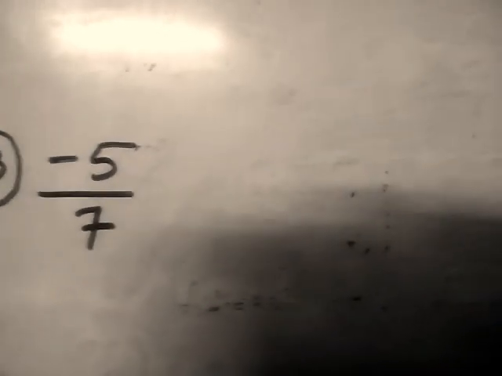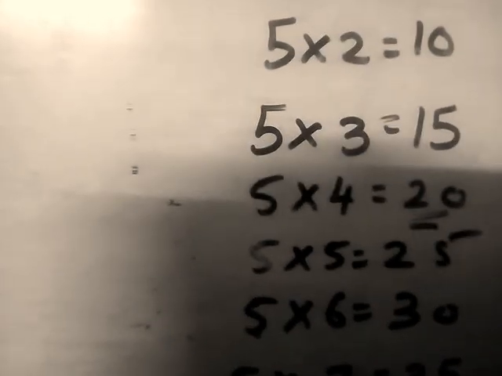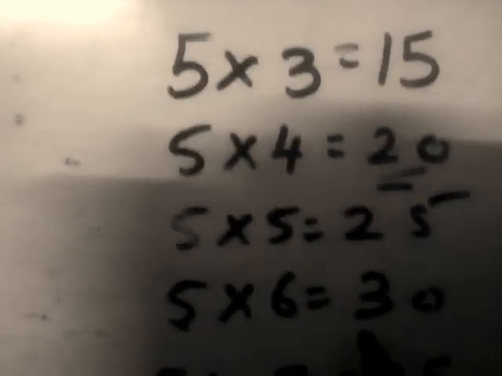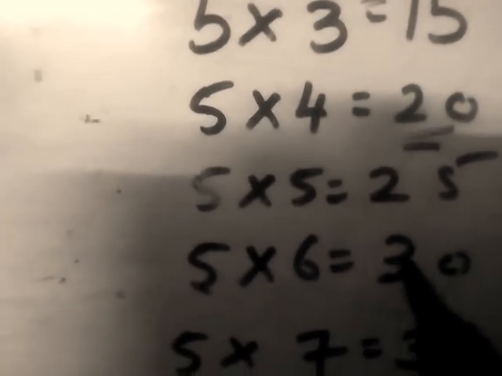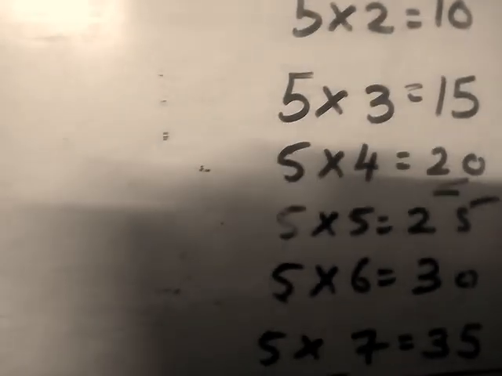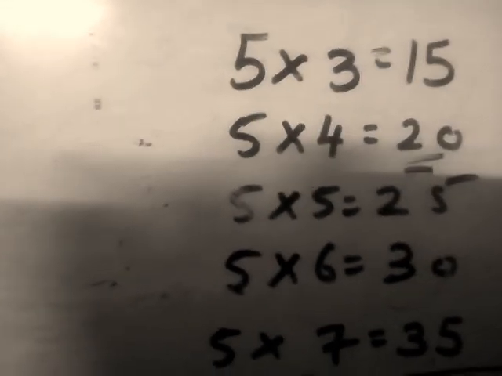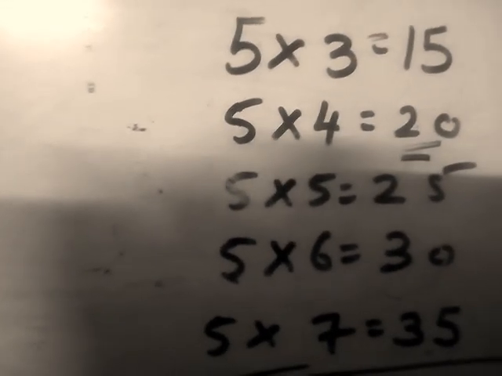Same thing for the third question also. Minus 5 upon 7. The 5 table I already wrote over here. If I take 5 sixes are, 5 sixes are how much? 30. So the chosen answer you have to write here. You have to choose the answer yourself. This type of sum you have to do on your own. You have to do it in an optional form, on your own.